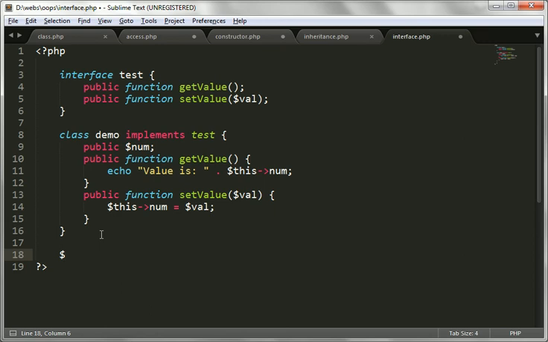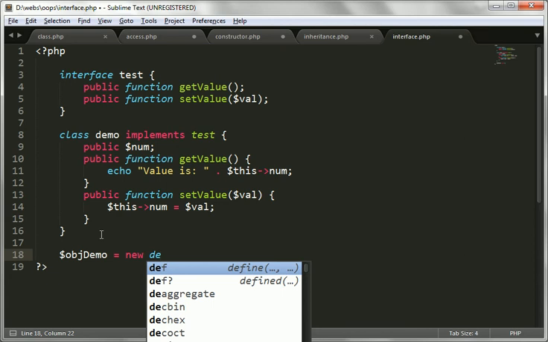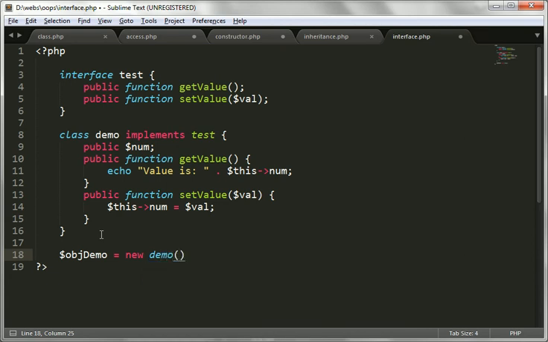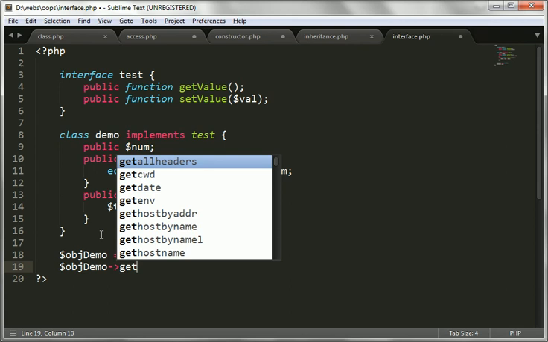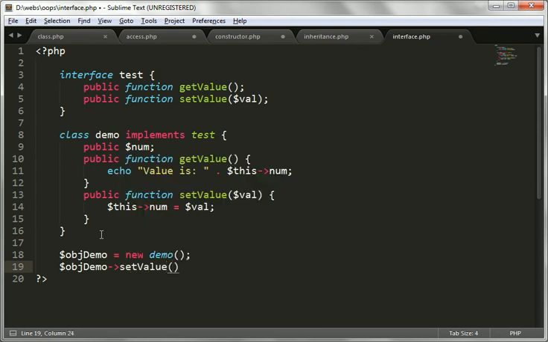So I'm creating an object of the demo class, equal to new demo, and with the help of the object we can call setValue first, and inside that we pass some value, like 10, then $obj and getValue.